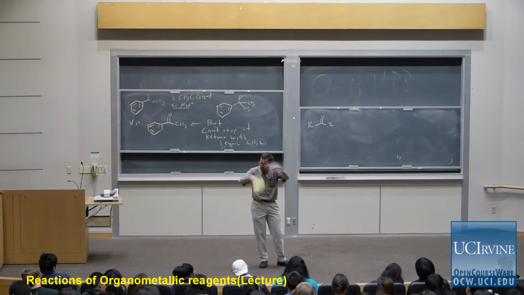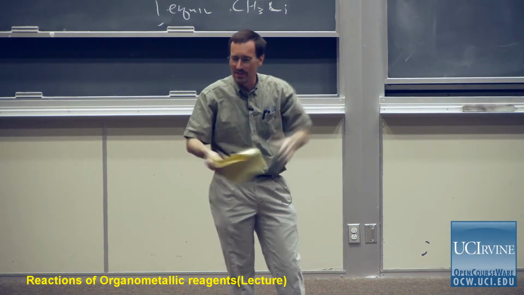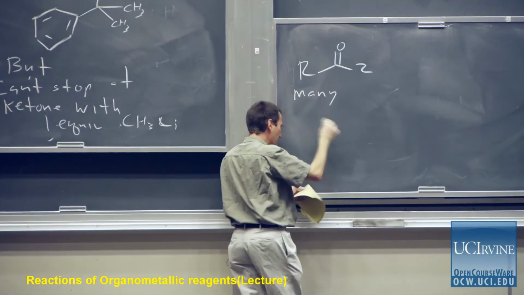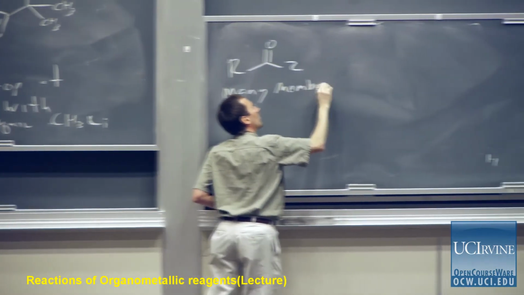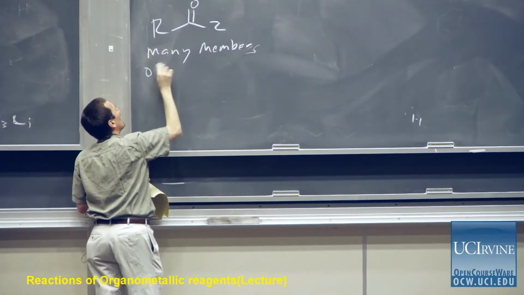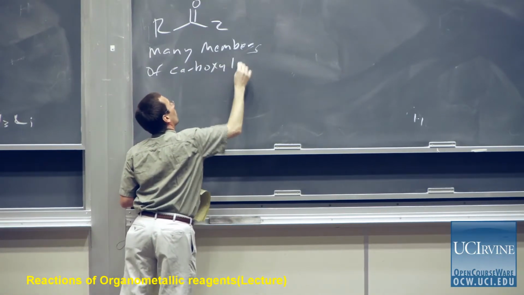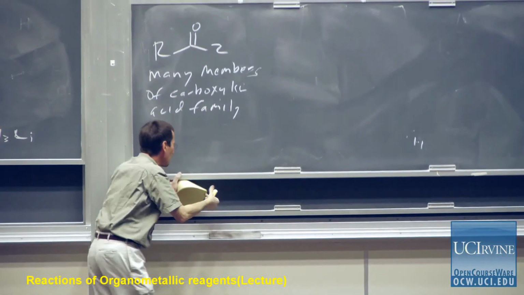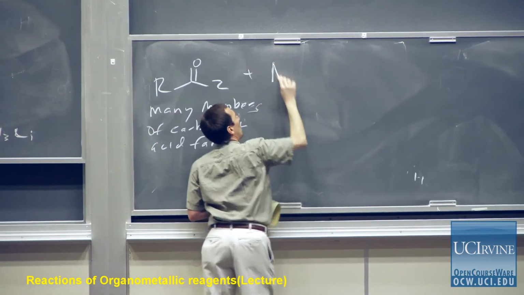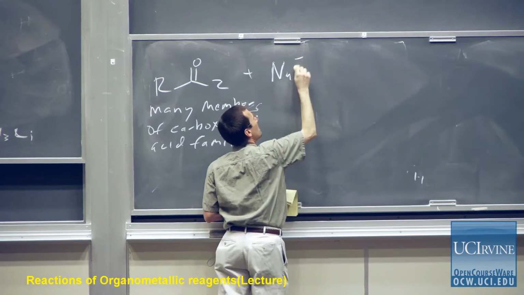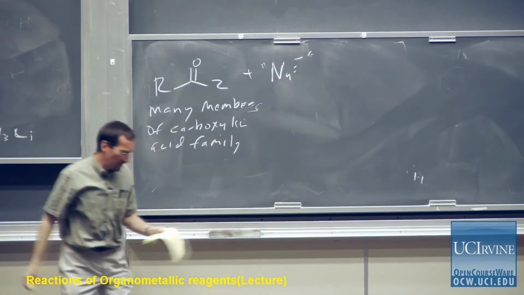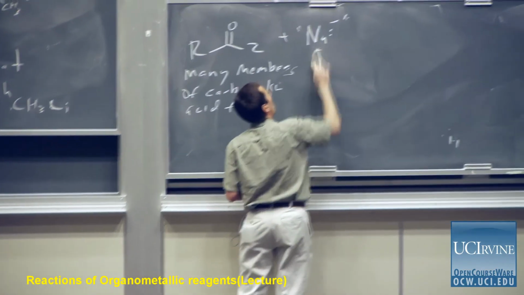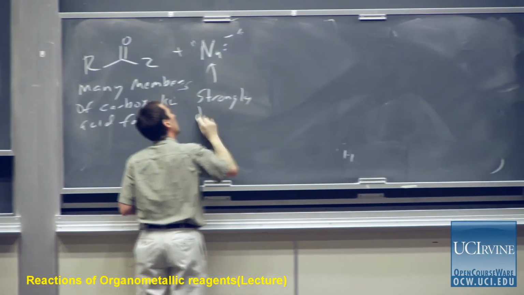For a computer, I think it's very good to start with an abstraction and it can spit out all the examples. But we've just looked at two examples. So now I'm going to write the abstraction, and I'll say many members of the carboxylic acid family. And I'm going to write, again, this sort of abstraction of Nu minus, so some type of strongly basic nucleophile that encompasses all of the reagents that we've been talking about. So I'll say strongly basic